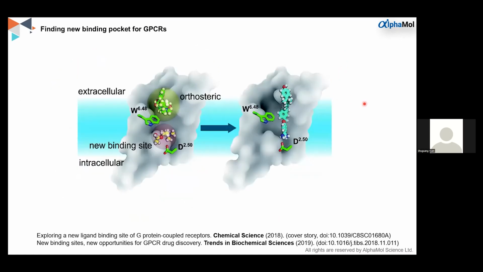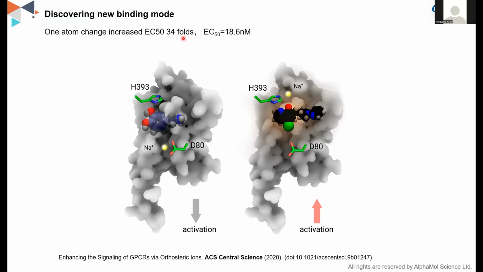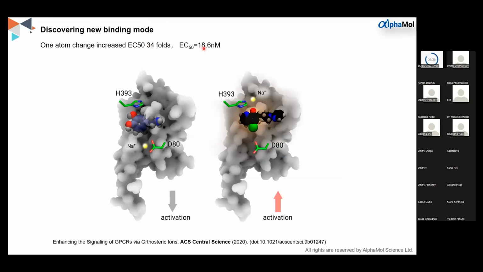Of course, predicting the three-dimensional structure of a protein is not the only thing computational methods can do. We also introduced computational methods to predict a new binding site of a G protein coupled receptor, which was also validated by the cryo-EM structure. And in 2020, we found a new binding mode of a G protein coupled receptor, which can coordinate with both the drug molecule and the GPCR. With this specific binding mode, we modified one of these atoms from hydrogen into fluorine, and then we increased the potency 34 fold, and the EC50 is down to 18 nanomolar,